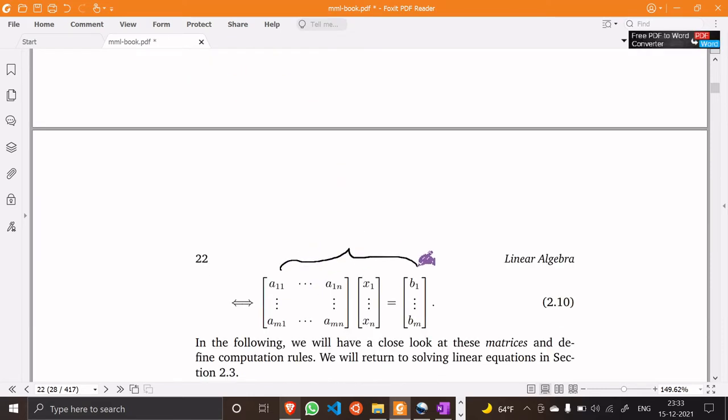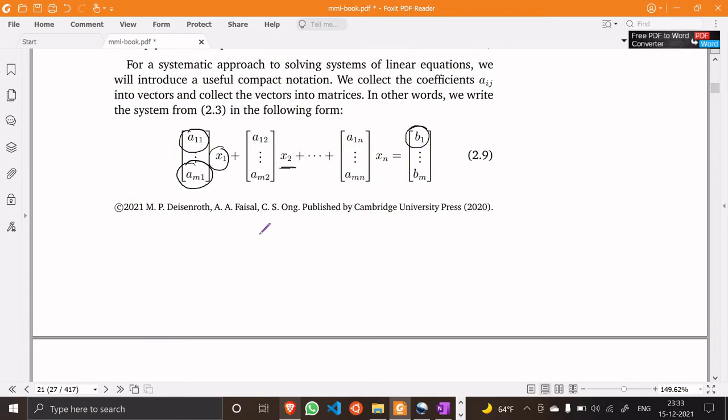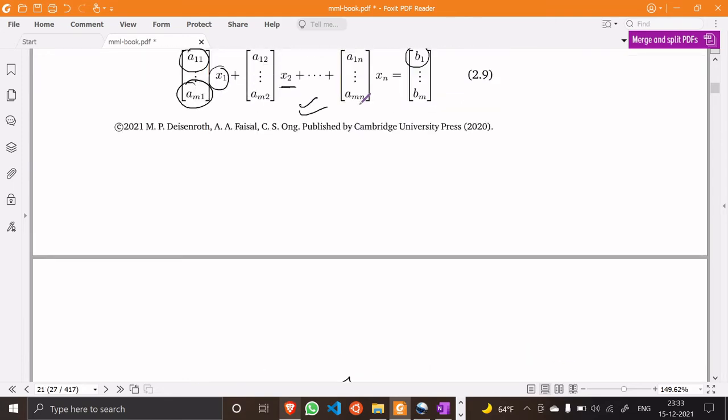Okay, so before I go on explaining what this is and how this is similar to what we just discussed, we need to know about matrices. What are they? How to multiply matrices and so on, which we'll keep as a part of the next video. So this much is clear, right?